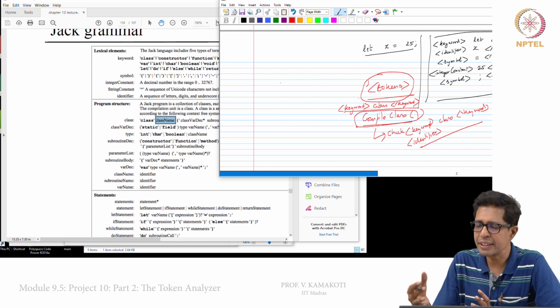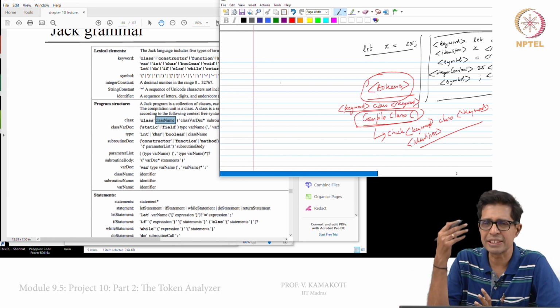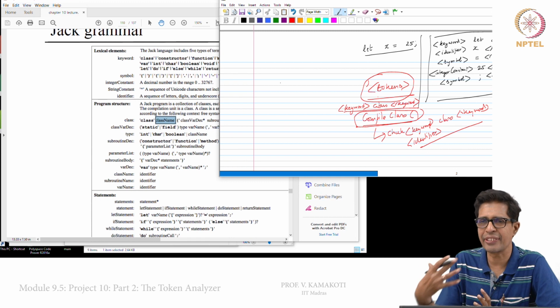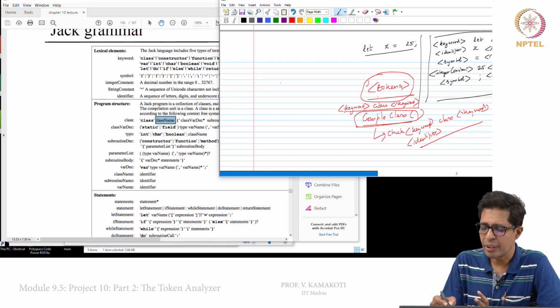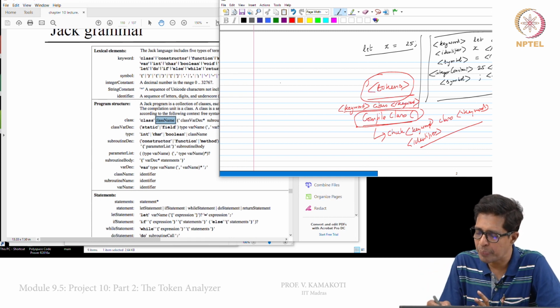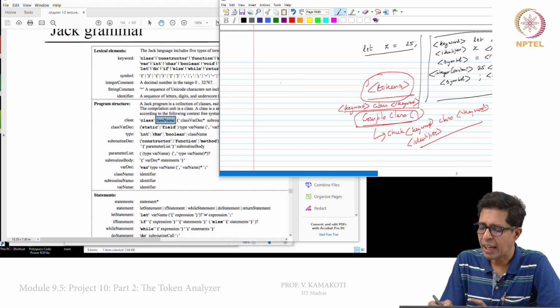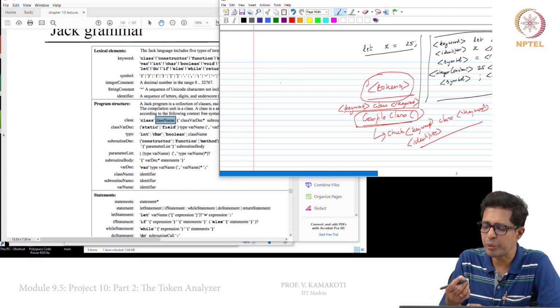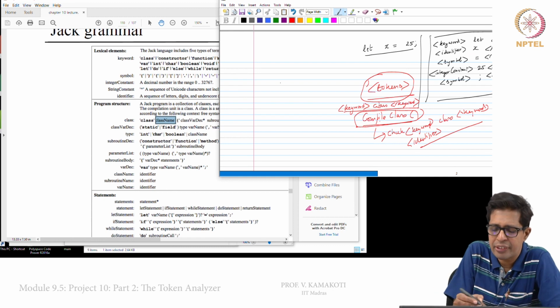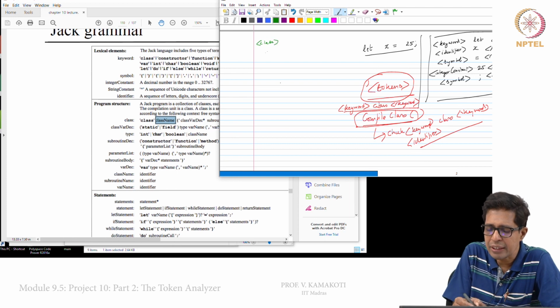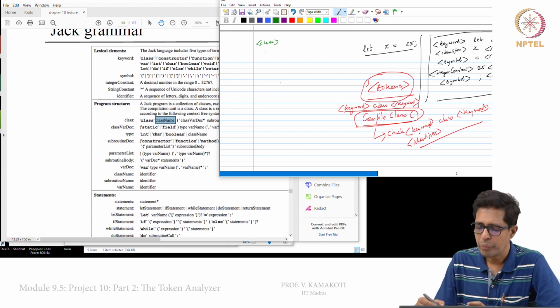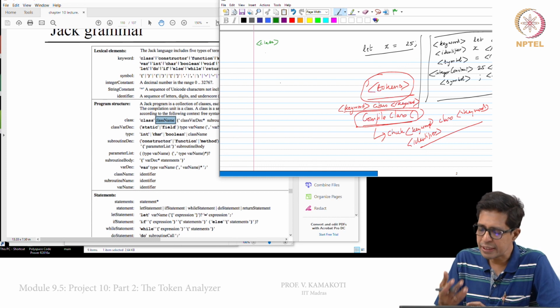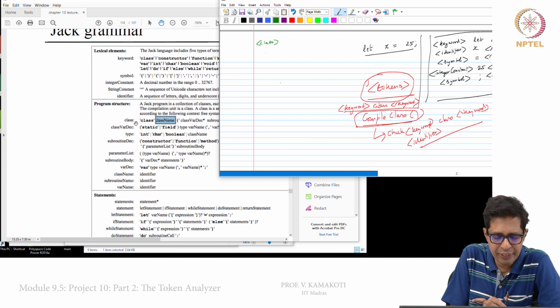When I start reading that file, I will see first tokens. I don't do anything with tokens; it is some magic number which basically says yes, this is a token file. Now the first thing I need to see is class. The moment I see class, I call the routine compile class. Before calling it, you just write class, and then call compile class. What will compile class do? It is given by this rule here.